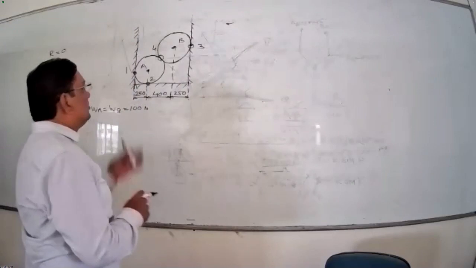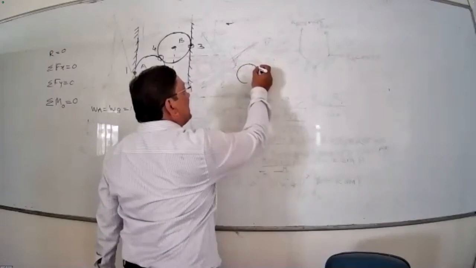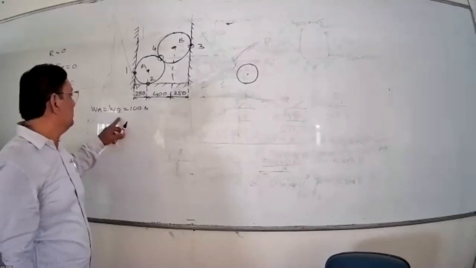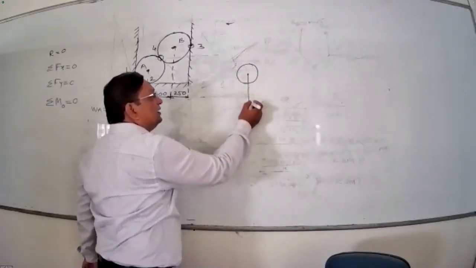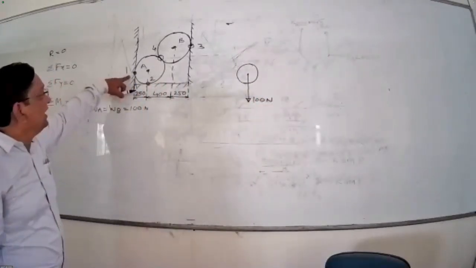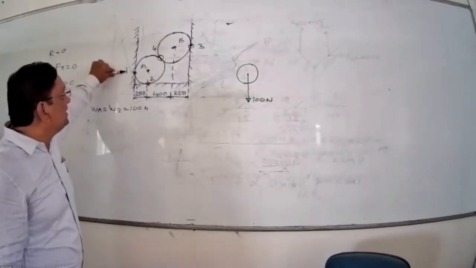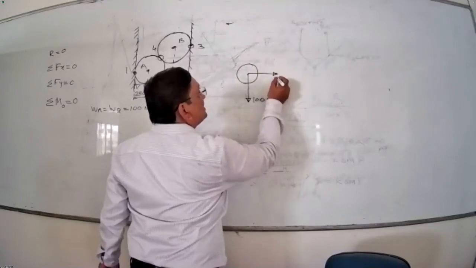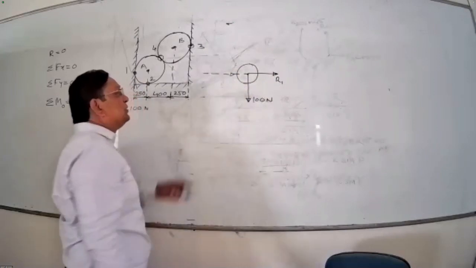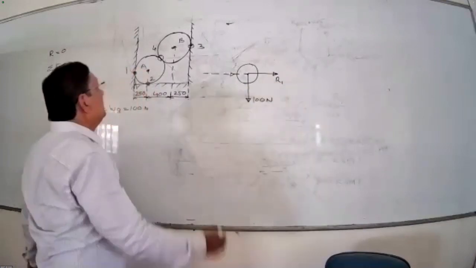So if I draw the free body diagram of cylinder A, let us see. This is the cylinder A. First, the weight of the cylinder A, which is given to me as 100 Newton. So this is weight 100 Newton. Second, at the contact point 1, reaction R1 will be there. So that R1 I will show. This is R1. To avoid confusion, I am showing the direction here. Actually, R1 is acting at point 1, but by the principle of transmissibility, I am showing R1 here in the same line of action.